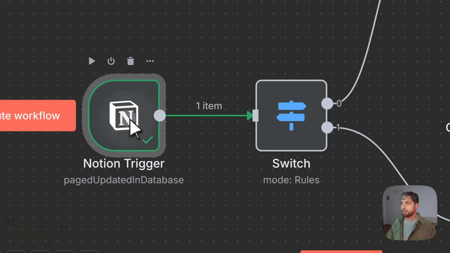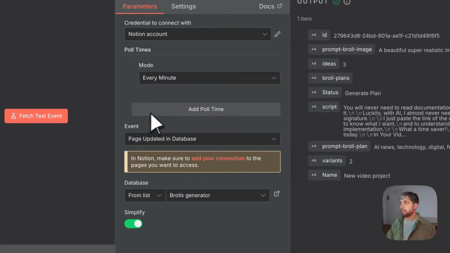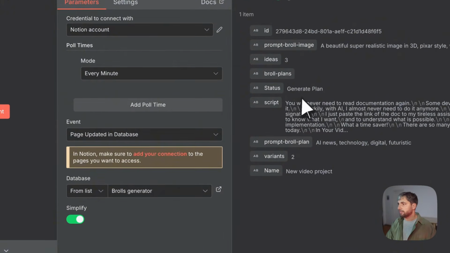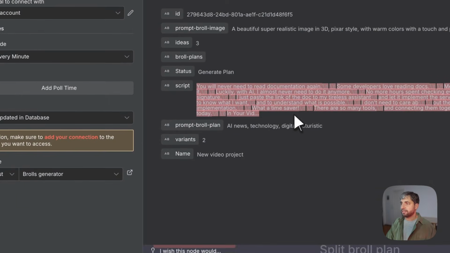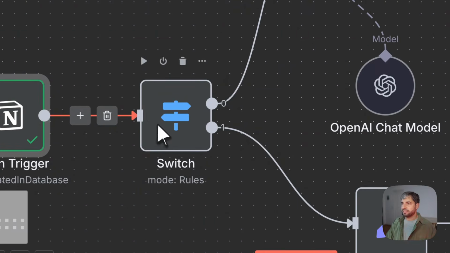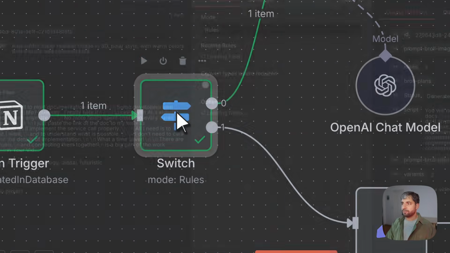Like that. So now I run the workflow in debug mode, so we can inspect what's happening. We see that we have the status generate plan. Here we have the script that I have passed and the number of IDs we want. The prompt B-roll image, the prompt B-roll plan, the amount of variance, and the name, which is by default. Okay. So then if we go to the switch